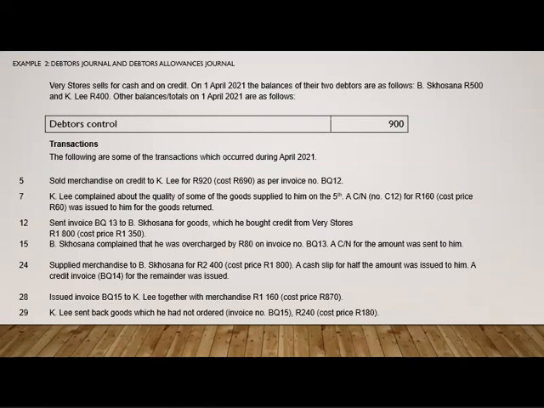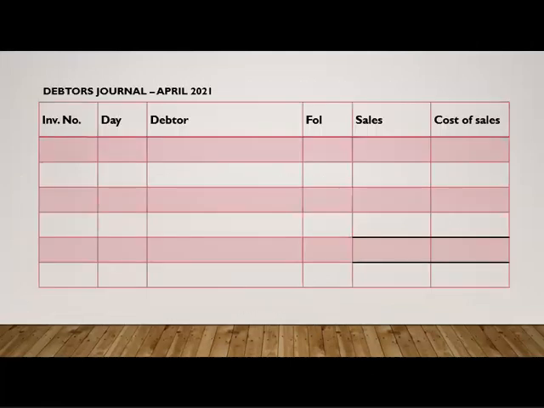Here they told us that we sold merchandise to Kaylee for 920. 920 is the selling price, and the cost price of those goods is 690. So when we record this, we're going to record it in the debtors journal because we sold goods on credit. Whenever we sell goods on credit, it will be recorded in the debtors journal. We're going to have invoice PQ12, and then we're going to have the 5th, Kaylee. On the debit side, it's 920, and under sales, it's 920, and under cost of sales, it will